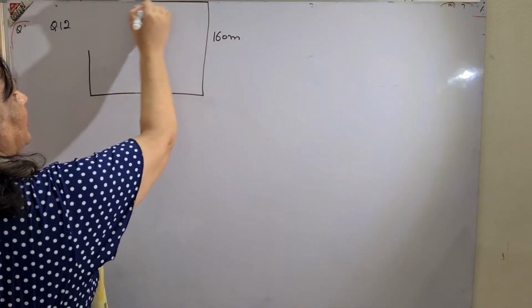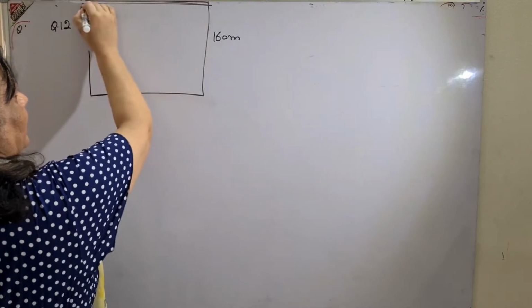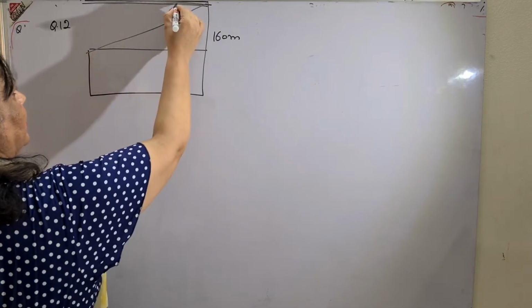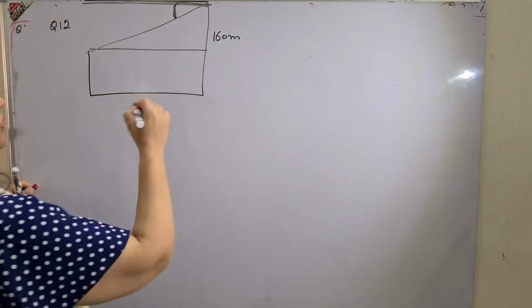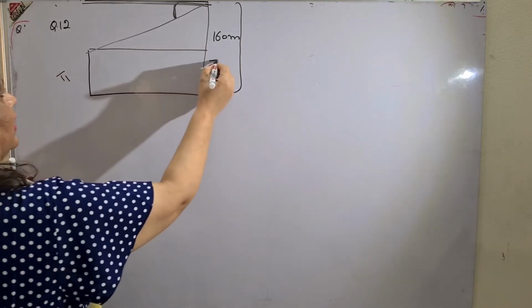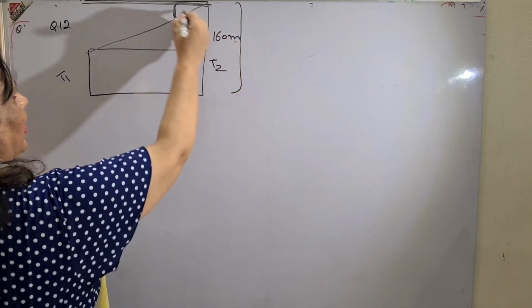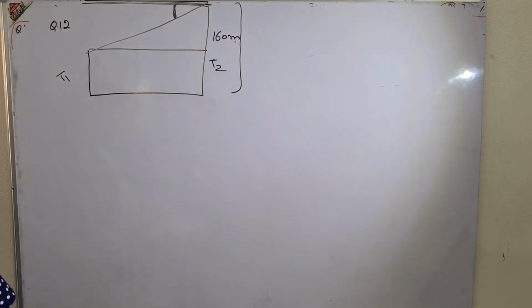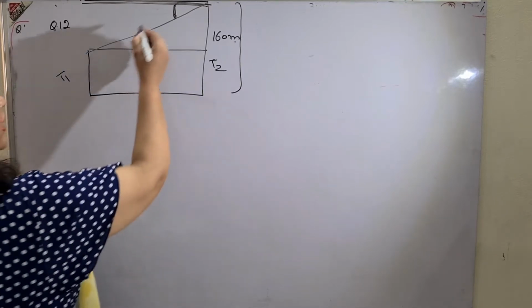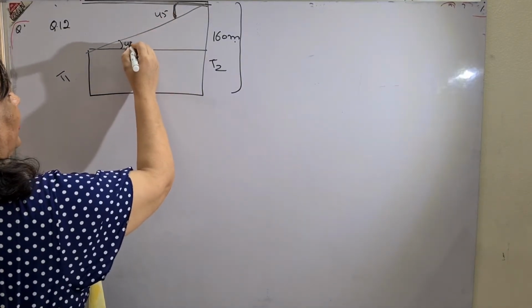Angle of depression means the angle is at the top. I am making it here at the top. And angular depression means this angle. This is the angle given. I hope you understood. This second tower is 160 meter high. This is tower 1. This is tower 2. Tower 2 is 160 meter high. And the angle of depression from the top of the 160 meter high tower is equal to 45 degree. Top of the first tower is seen from the top of the 160 meter by 45 degree. Find the height of the first tower. It is 45 degree. You have to find the height of the first tower.